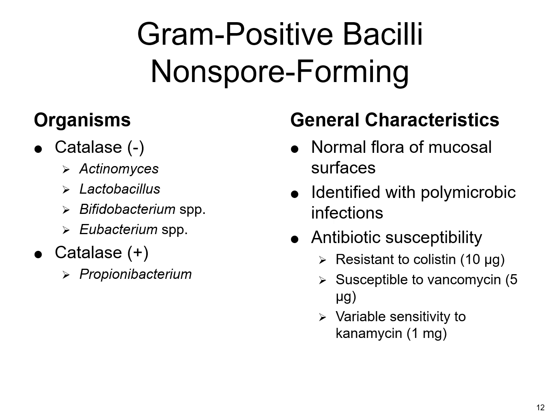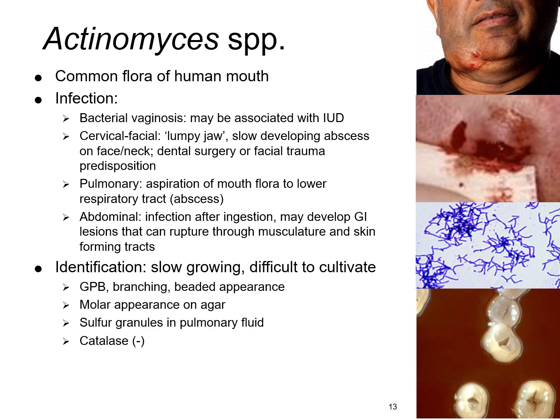And the testing that would be performed on these, if you were to do the antibiotic sensitivity testing that you do to work up some of these anaerobic organisms, these particular organisms would all be resistant to the colistin, susceptible to vancomycin, and they would have varying reactions to the kanamycin. So our first gram-positive bacilli that is non-spore-forming, that is catalase negative, that we're going to discuss, is